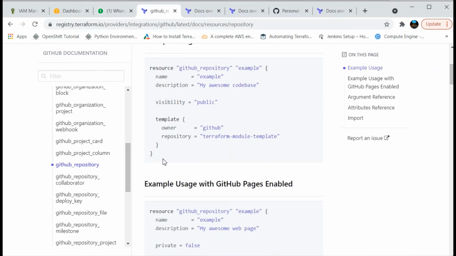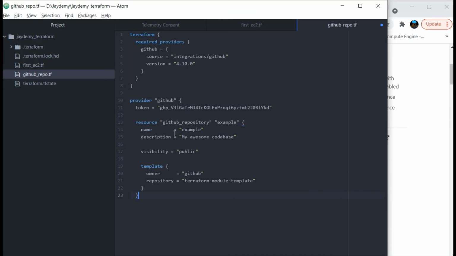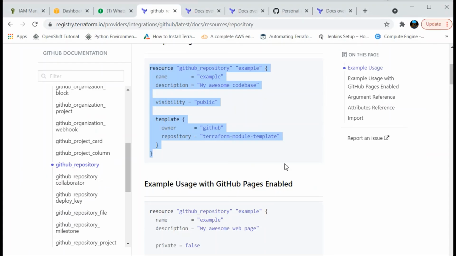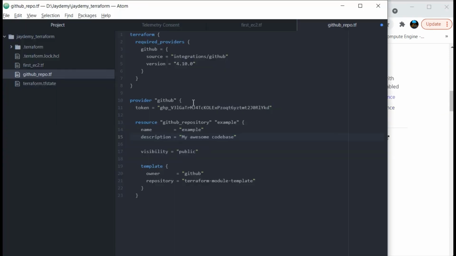you can see here, this is the sample template to create a resource in GitHub. So what is the resource we are creating here? We are creating a GitHub repository. The GitHub repository is the actual resource we are calling, and the name is example, let it be, this is the local name to remember in Terraform, and whether the name is important or not, we will verify. What are the things required? In the argument reference, see, name is required. So this name is required to create a repository.